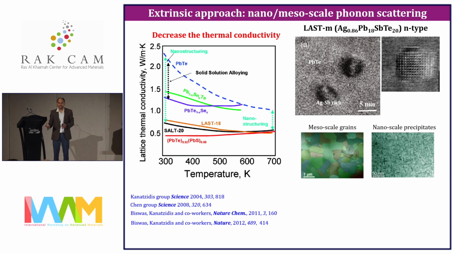hierarchical nano-meso structure, putting nano point defects, nanostructures, as well as mesoscale grain boundaries in a single material to decrease the thermal conductivity to the lower limit, and it could give rise to a ZT of above 2 for the first time. So then,